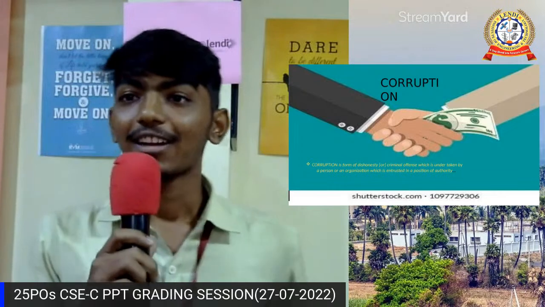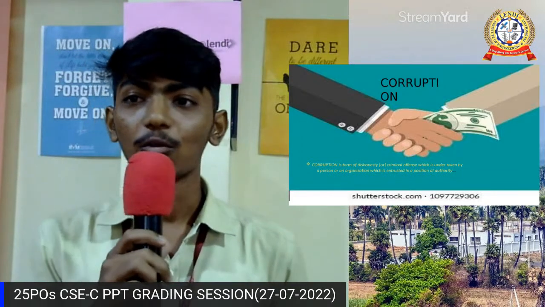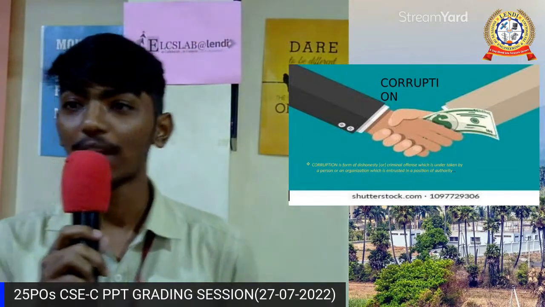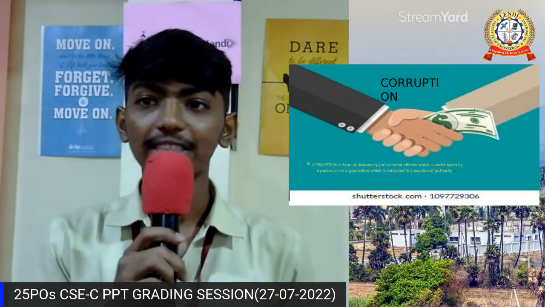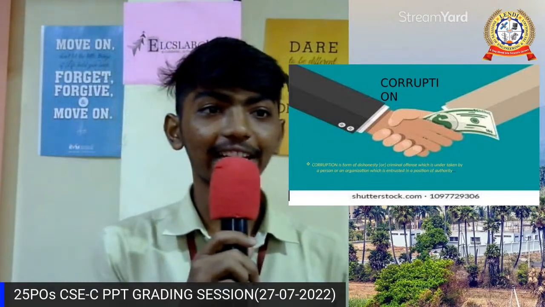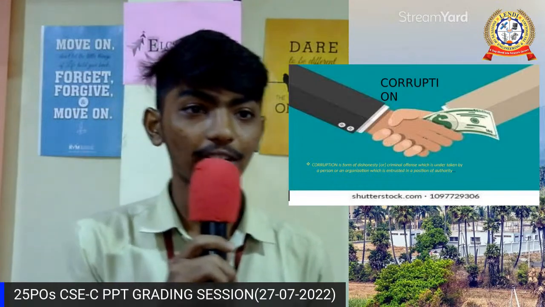Sorry for the disturbance. Hello everyone, I am here to explain what corruption is and how corruption leads to human life. Corruption is a form of dishonesty and criminal offense undertaken by a person, an organization, or a